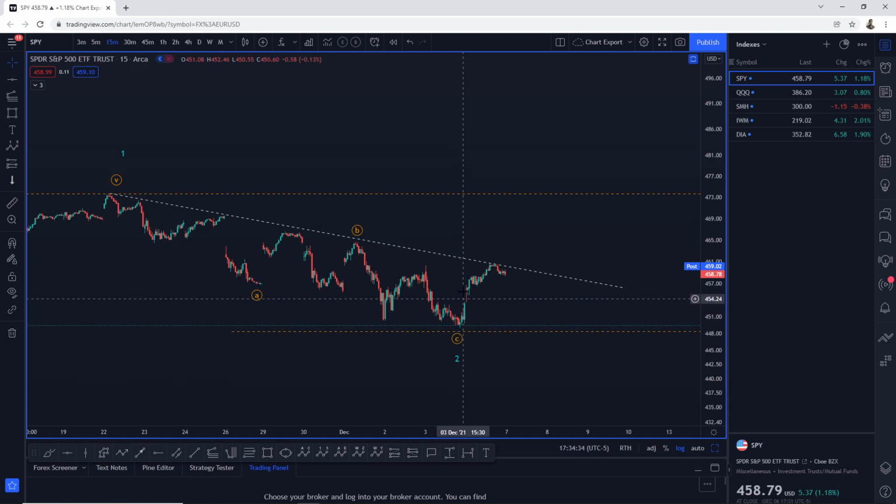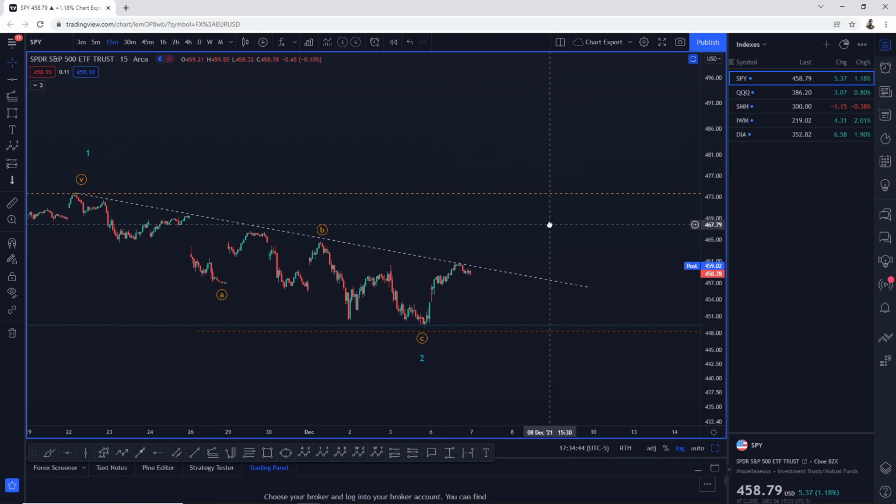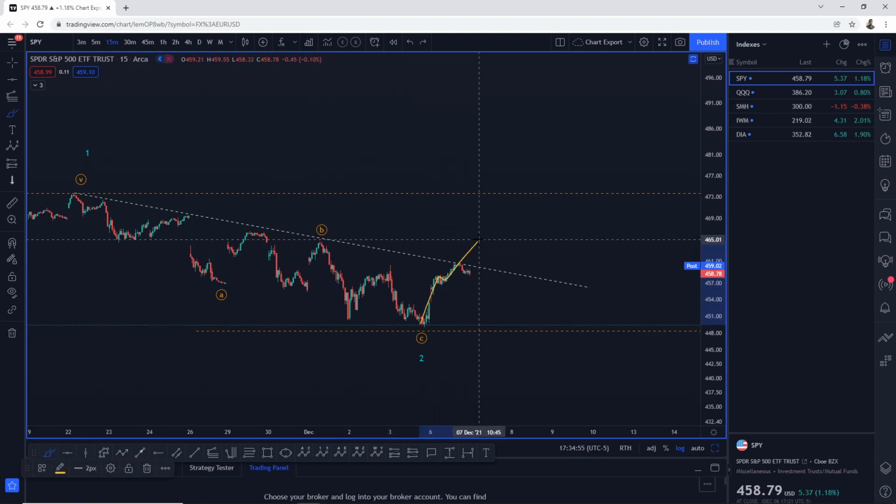Then we went up in 1, down in 2, up in 1, another down 2, 3, 4, 5. I was going to say 3, 4, 5, 6, but it's not. So 1, 2, 1, 2, 3, 4, and 5, and then the game plan is going to be the following, guys. Once we see a 5 wave move up, let me do this for you guys. Once we see 1, 2, 3, 4, and 5,